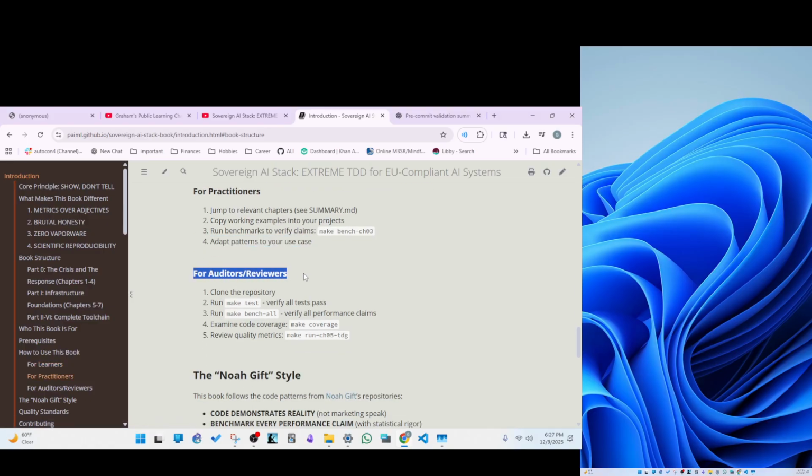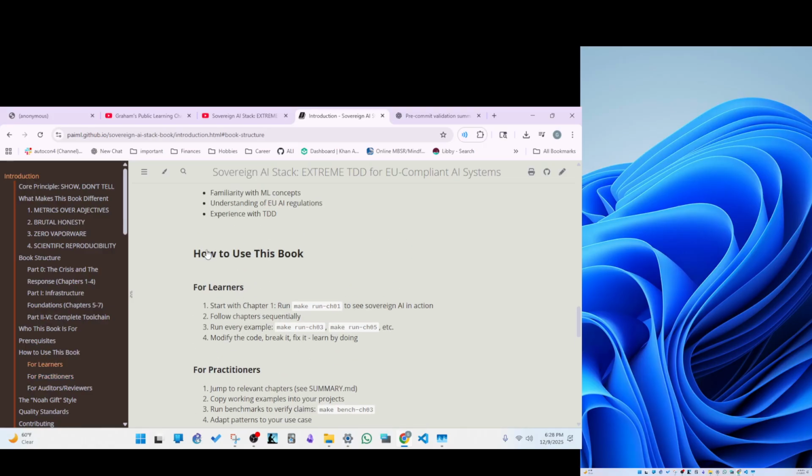For auditors and reviewers, this is what I am as well. Number one, clone the repository. Run make test, verify all tests passed. Run make bench-all, verify all performance claims. Examine code coverage, make coverage, review quality metrics. So I'm a learner, so